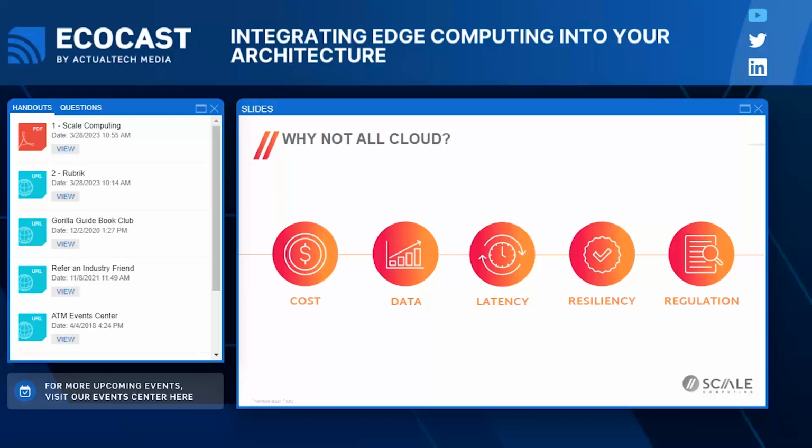They need sub-millisecond in many cases latency, but certainly a few milliseconds, to be able to make quick decisions, and to be able to do that in cases where you don't have resilient internet connectivity or none at all. We'll talk about some use cases that Scale actually has a number of customers deploying, things like ocean-going vessels that have intermittent connectivity and very, very expensive high latency networking, but yet have these needs for critical on-premises applications.